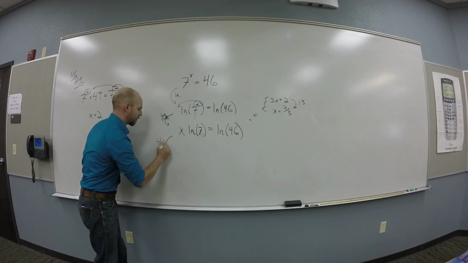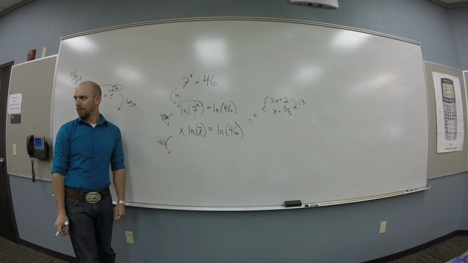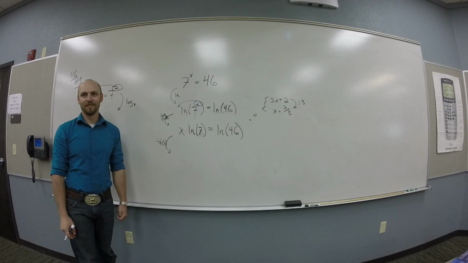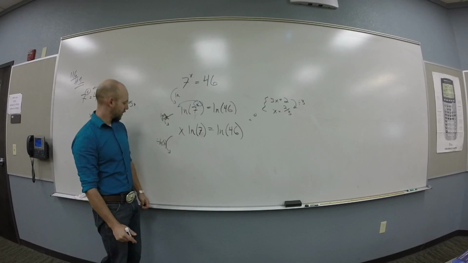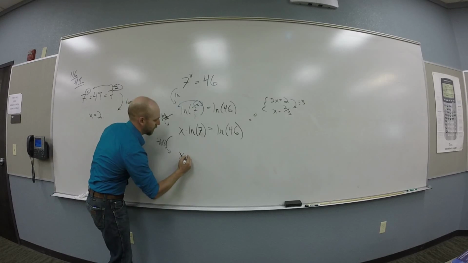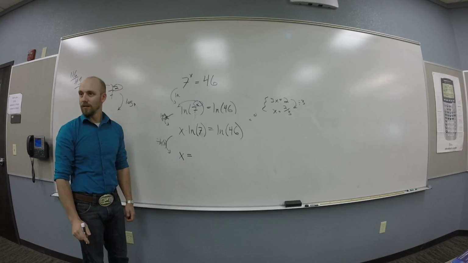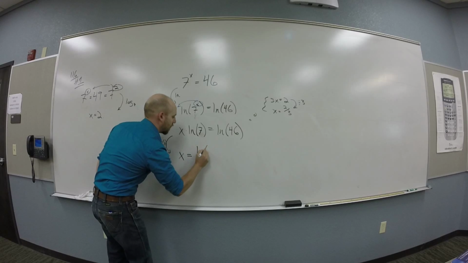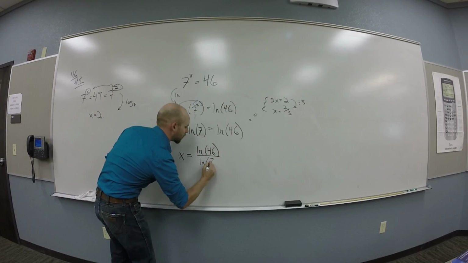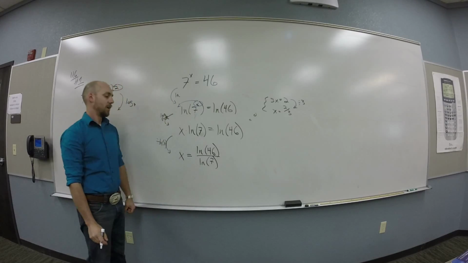Natural log of 7. What's the only thing you need to worry about dividing by? 0? Is this 0? Now there's probably more than one e to multiply to 7, right? Okay, so I divide by natural log of 7. I get x is